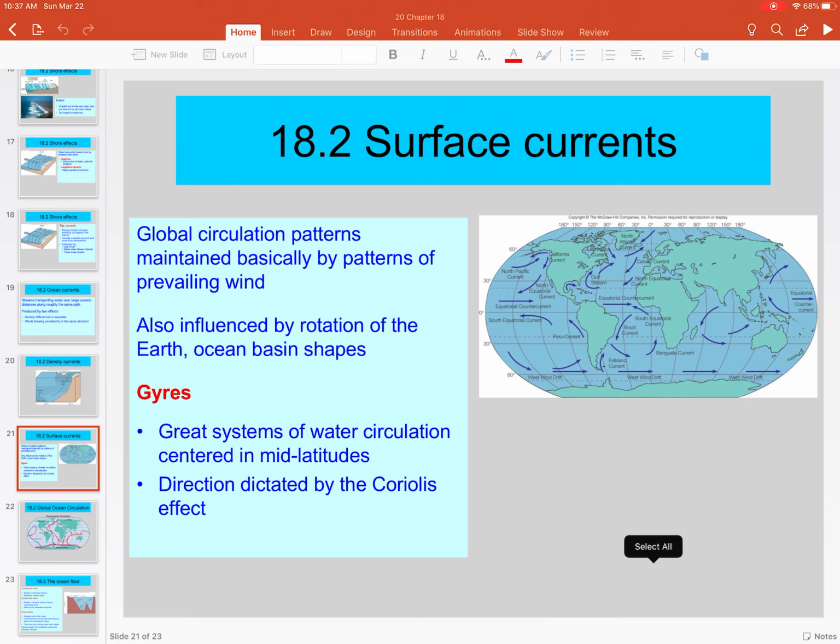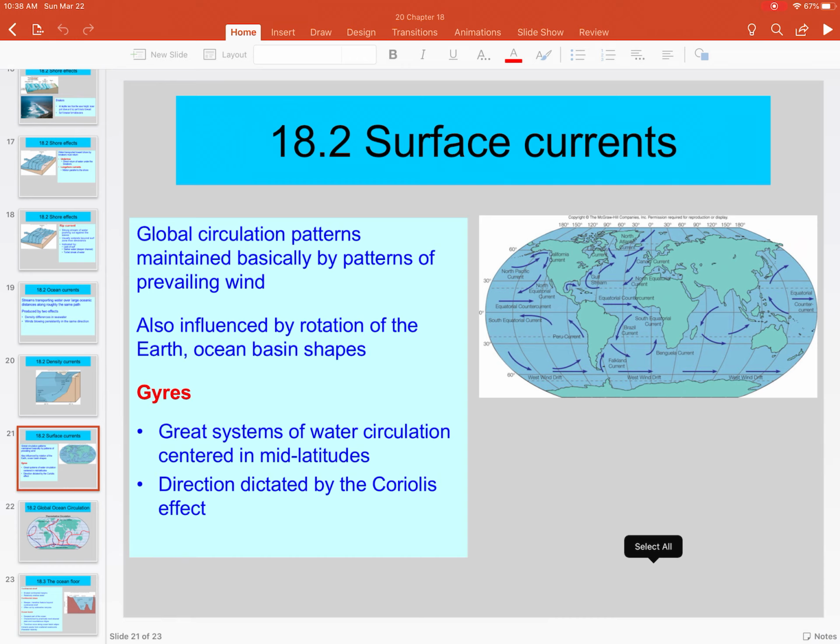Now, gyres are great systems of water circulation centered in the mid-latitudes. And the direction is dictated by the Coriolis effect, which I just remembered I need to post that video because I did not. So I'm going to make a note right now that I'll post a YouTube video on the Coriolis effect. If you look at the southern hemisphere, you can see that there are several counterclockwise rotations. And if you look at the northern hemisphere, you can see, especially the Gulf Stream up to the